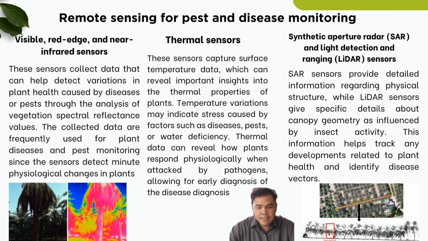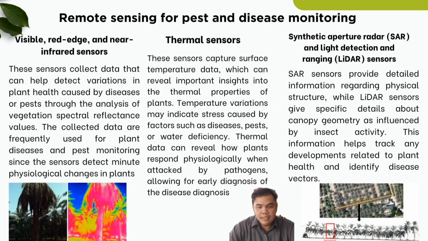remote sensing for pest and disease monitoring is, I can say, the thermal sensor, where this sensor captures surface temperature data which can reveal important insight into the thermal properties of plants. Temperature variation may indicate stress caused by factors such as disease, pest, or water deficiency. Thermal data can reveal how plants respond physiologically when attacked by pathogen,